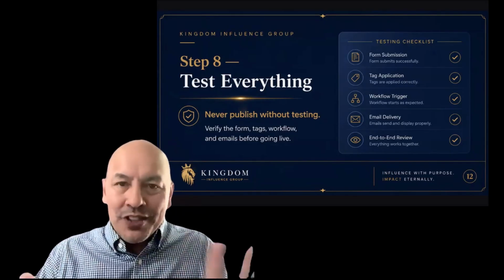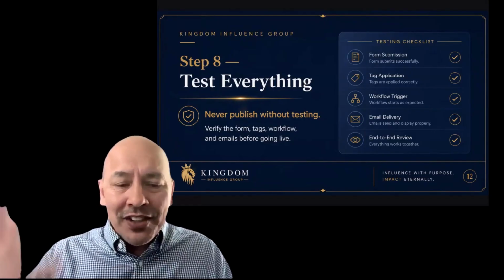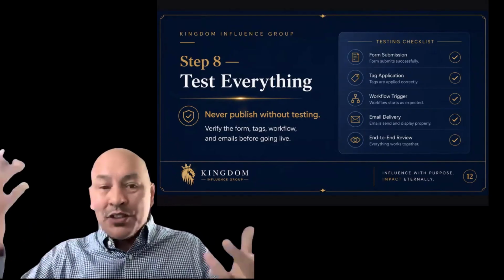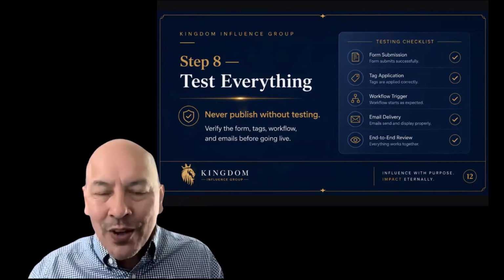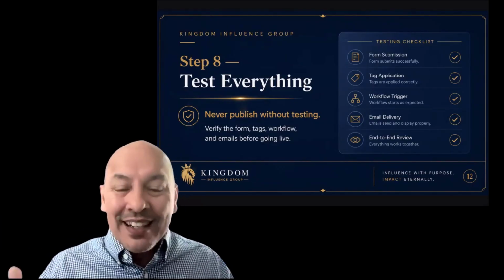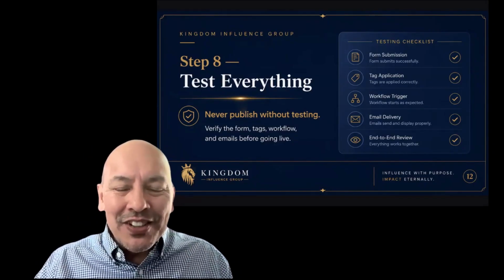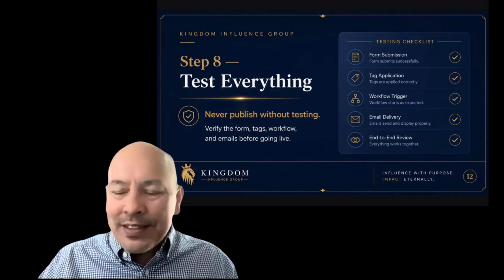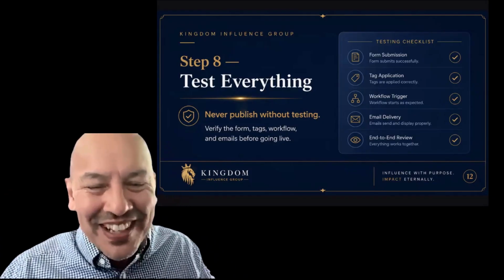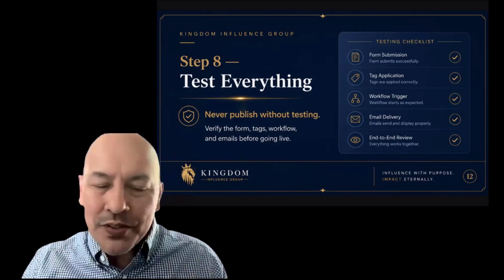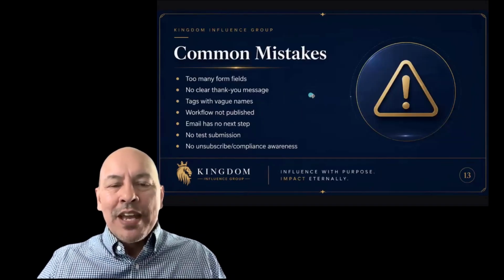And I'll be honest, fully transparent, I've done this without testing before, and then all of a sudden everybody's like, "I never got that," and I go and I'm like, "Well, you should have." And then I look at my workflow and it was broke. There was a step missing or something like that, or I used the wrong time, or I used the wrong date. And you guys know, some of you are students of mine. You guys know because sometimes you'll get a pre-class email for a class that's like a month away. And you're like, what? That's not this Saturday. That's a month from now. That's because I messed up my workflow somewhere. I didn't double check and test it. So you want to test in your checklist, okay? And I want to share with you